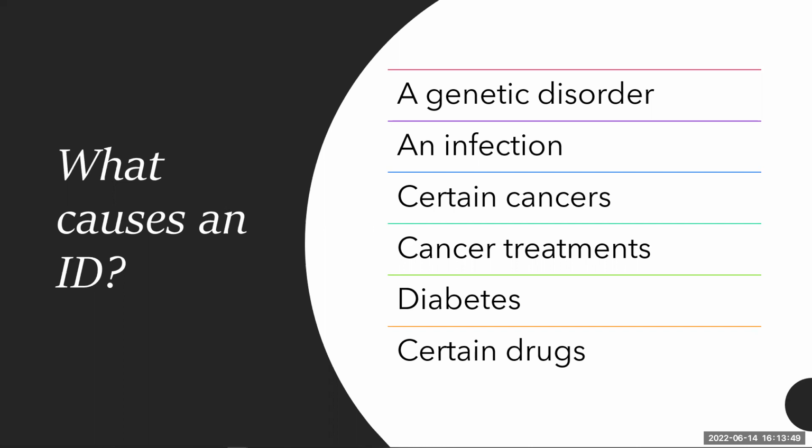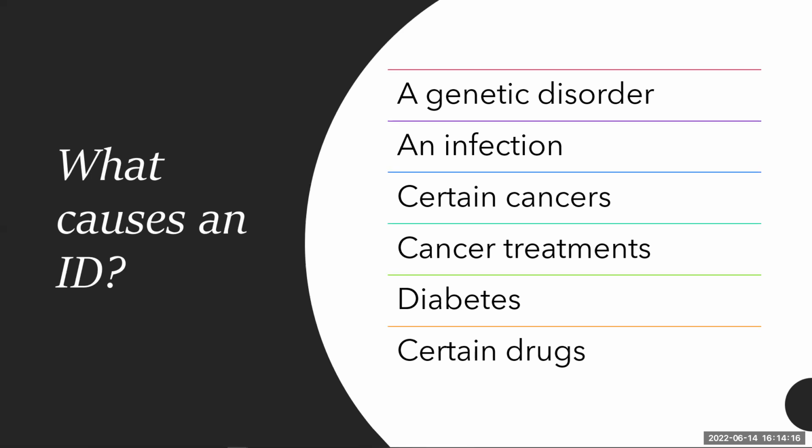Now, the genetic disorder, this is something that you're born with, though it is very rare. Now, infections could occur, such as what happened during the 80s and 90s as related to the AIDS pandemic, not pandemic, but the scourge of the AIDS disease. That is an instance in which viral infection could indeed cause the disease itself.